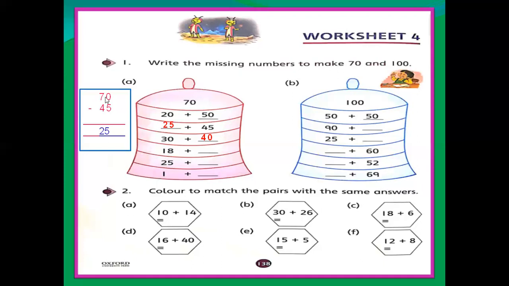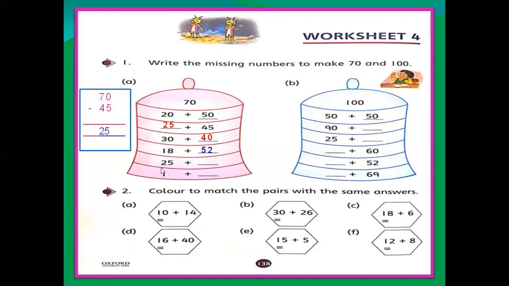So what will you write here in 70 minus 18? The answer is 52. You cannot do it like me, but you will do it like this example. Like this, in every question you write 70 and subtract the given number. So again add 8 plus 2, 10. 1 will go to add into the tens, 5 plus 1, 6 plus 1, 7. It means 52 plus 18 is equal to 70.